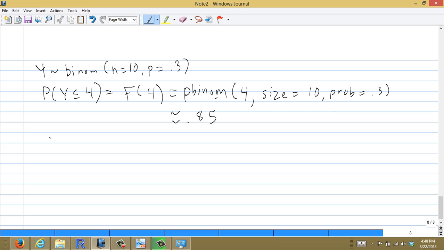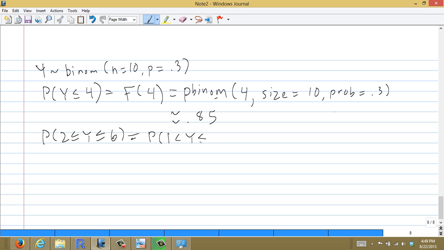So for the second probability of interest, we wanted to find the probability that y was between 2 and 6 inclusive. And as I previously mentioned, the thing that you really have to do to solve these problems easily using R is translate the initial problem to a problem that's easily solvable using the tools of R. So we want to find the probability that y is between 2 and 6. Well, since it's a binomial random variable, it only takes the possible values 0, 1, 2, 3, all the way up to 10, which means that this probability is actually the exact same probability as the probability that y is